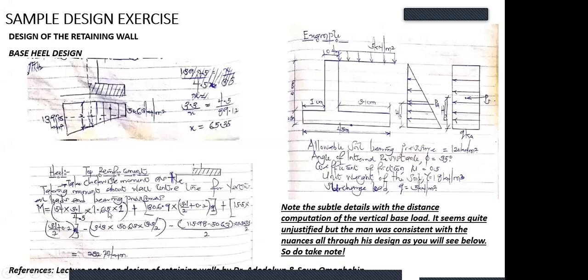But based on what he did, I don't know if you are seeing what I'm saying, he's using as if he's using 3.3 over 4.5. But then I said, let's just take note that he's using 3.1, then he's extending it. What you have said, that when we're designing for the vertical member, it was like we cut it out of the whole retaining wall. It was like we disintegrated it from the retaining wall. So what I see there is that